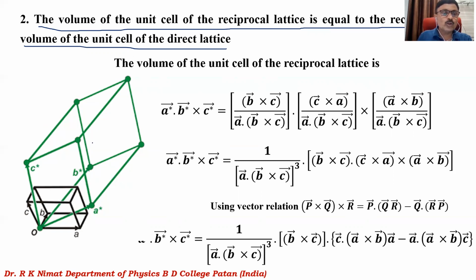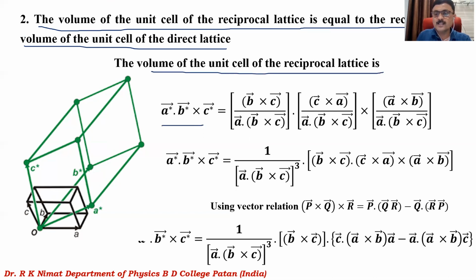So if you calculate the volumes of these unit cells, one unit cell is the direct lattice, and we have constructed the reciprocal lattice from that direct lattice. If you take the volumes of these two unit cells, they will be reciprocal of each other. So for that, let us first consider the volume of the unit cell in the reciprocal lattice,